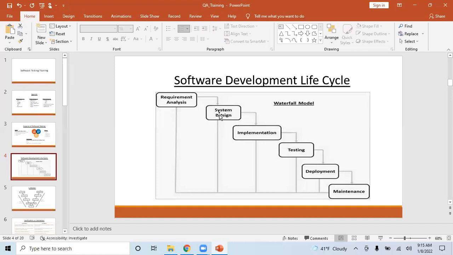Now currently I'm acting as a dev lead. My next goal is to become a system architect. I have been developing for the last 2.5 years, so maybe in the next 5 years my goal is to become a system architect, right? That's how, in development, you have this kind of hierarchy.